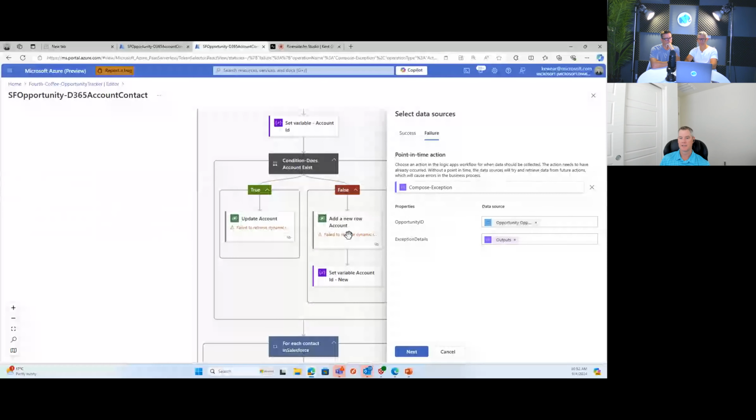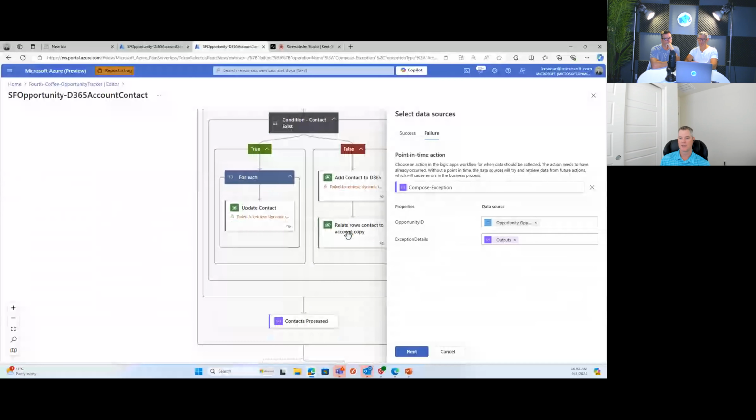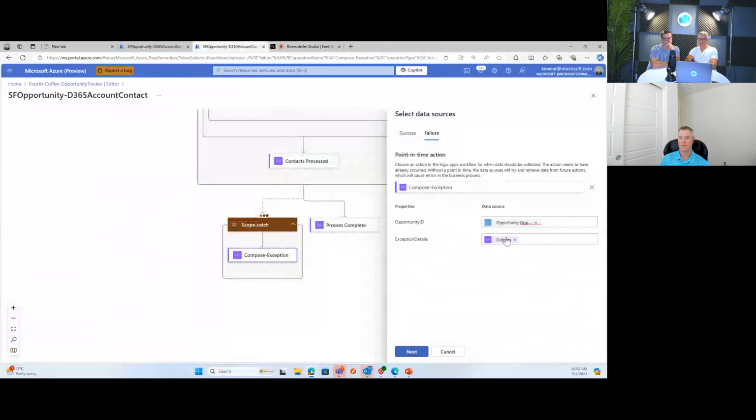In this case, we've got the compose exception that has taken place, and we're going to get the outputs of that particular action. In that action, I did have that expression for results. I could also embed that same expression here, and I would have the same outcome.